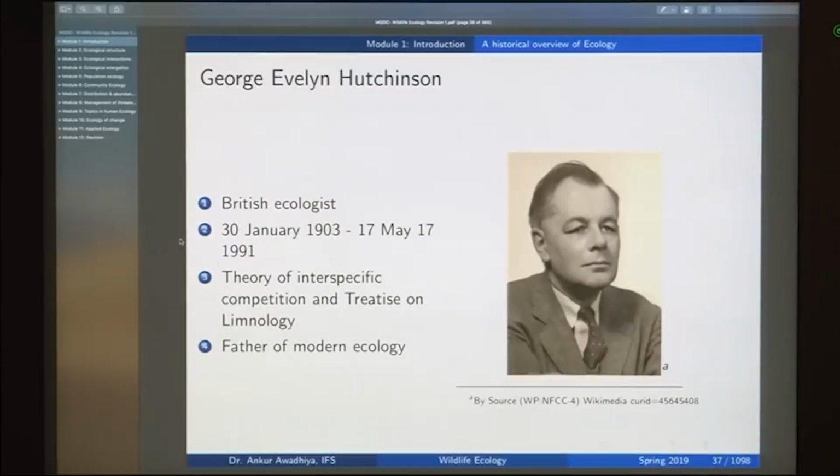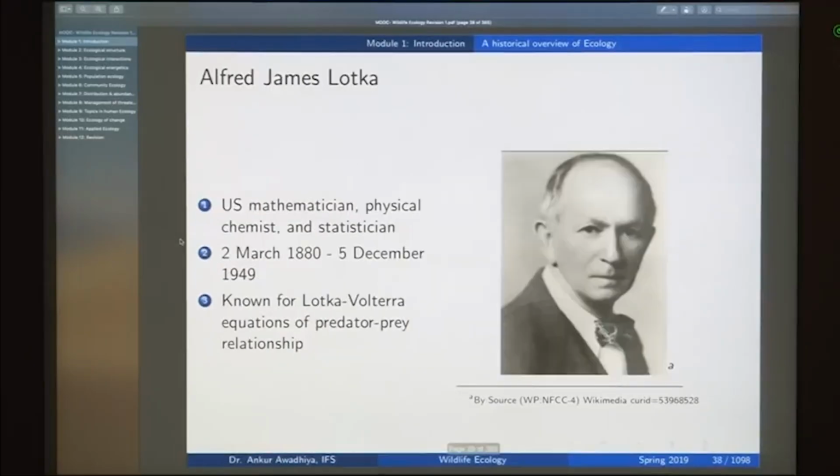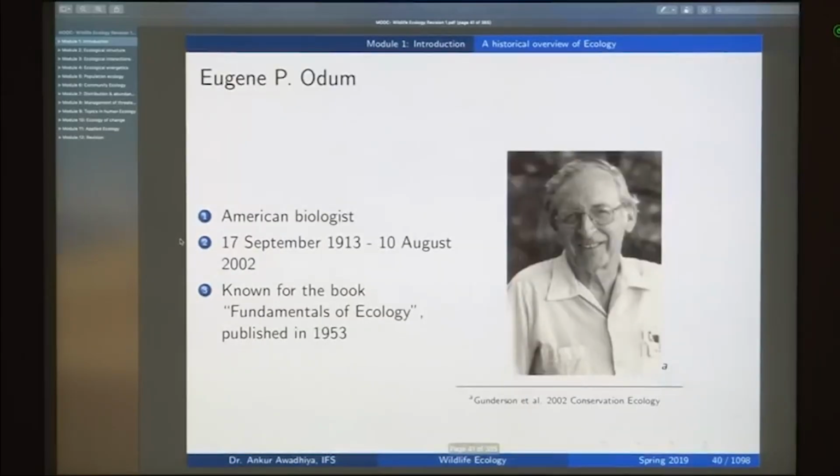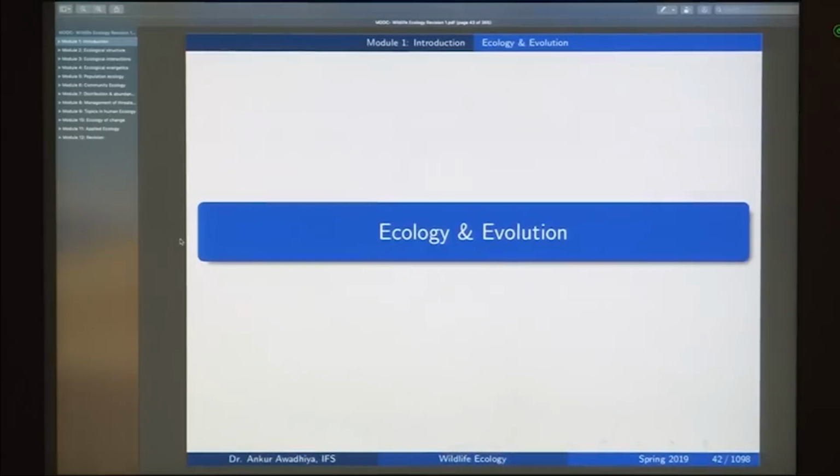Then we talked about George Hutchinson, who looked at interspecific competition, and he also wrote a treatise on limnology. So, interspecies competition is something that we have dealt with in great detail in the case of community ecology. Then we have Lotka and Volterra, who are famous for the Lotka-Volterra equations. Eugene P. Odum wrote the book Fundamentals of Ecology, and then we moved to the third lecture, which was